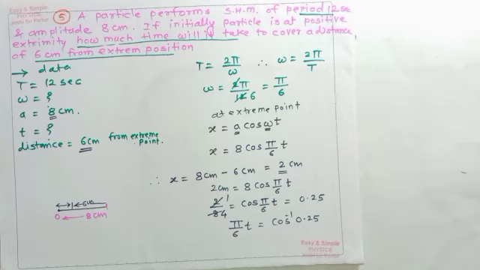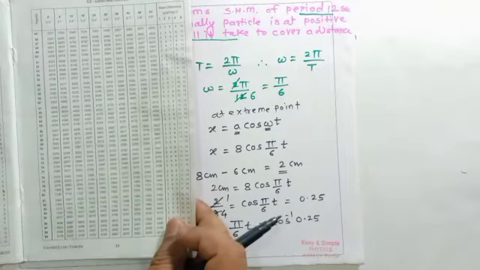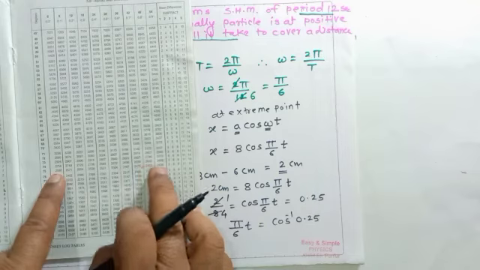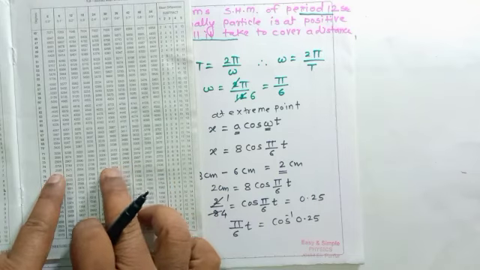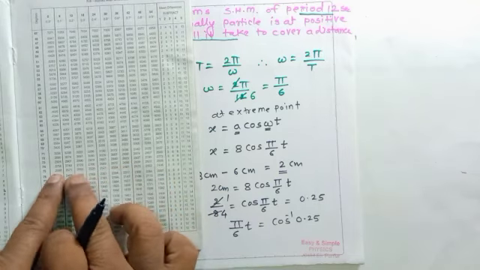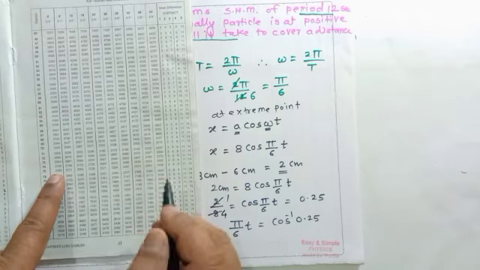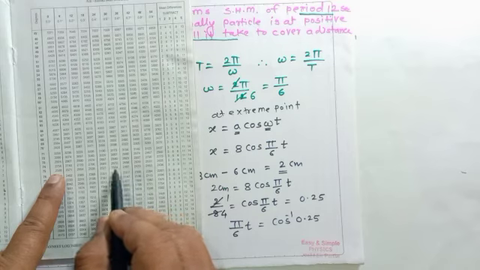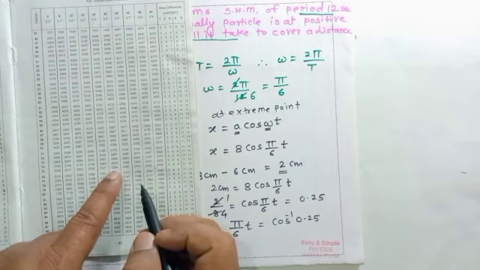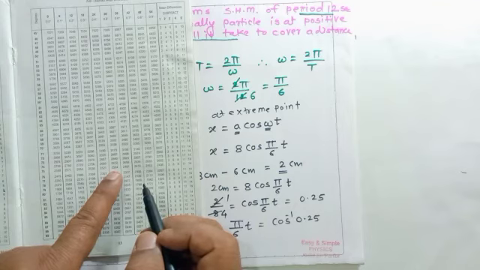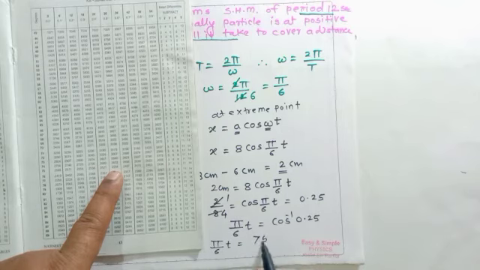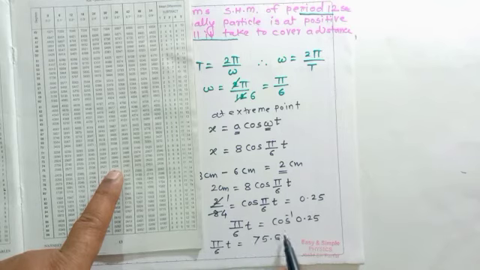We can see 0.25, it will be 75.5 degree. So pi by 6 into t is equal to 75.5 degree